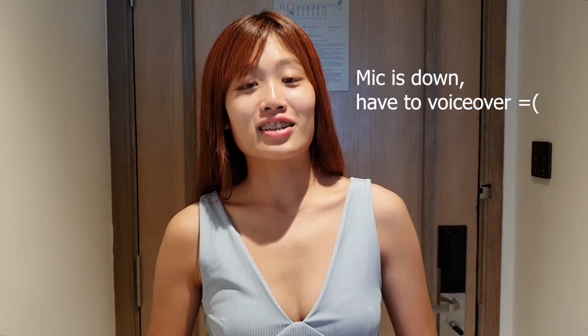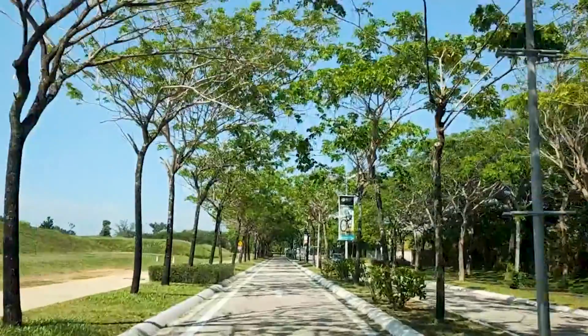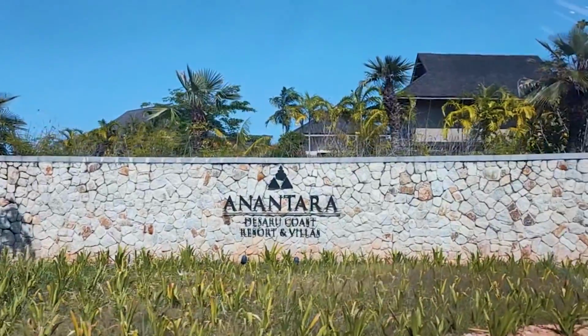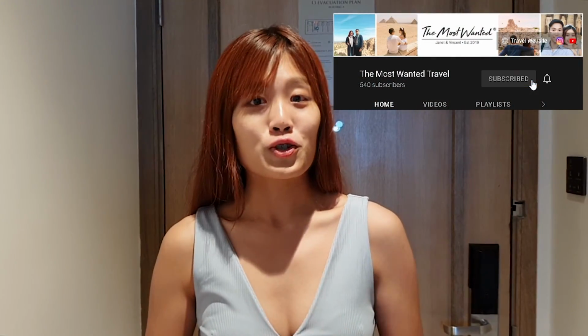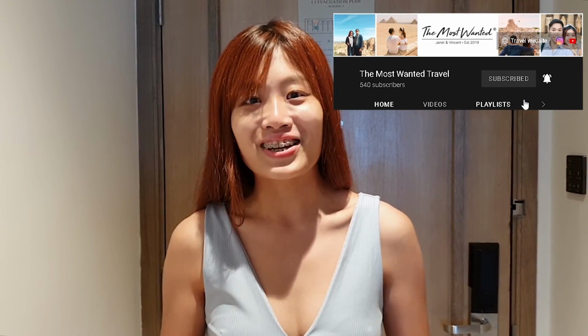We are now at the state of Johor, which is south of Peninsular Malaysia, for our golf trip here. It is our very first time staying in Anantara resorts, and we have chosen it because we have never experienced it before, but we are super excited to show you the facilities and also the services they provided to us. It has been a long time since we did our last room tour. We are very excited to show you again and to show you a new resort that we are going to